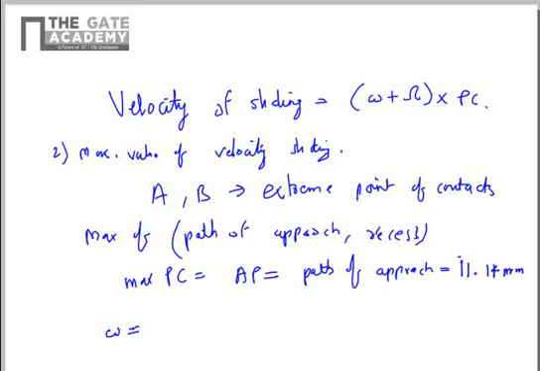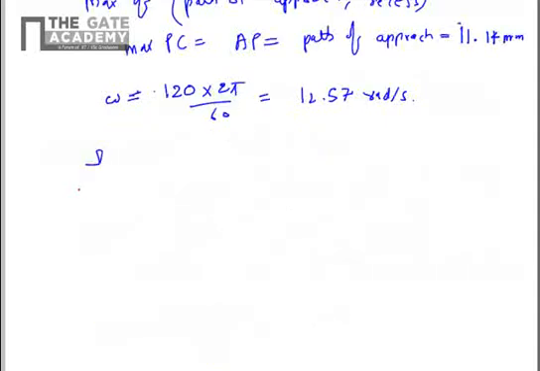And omega we have to determine. We know that the speed of the pinion is 120 RPM, so omega equals 2 pi N by 60. So omega, the angular velocity of the pinion, is around 12.57 radians per second, and the angular velocity of the wheel we can determine from the velocity ratio. Omega dash by omega is equal to small t by big T, the number of teeth on the pinion over the wheel. So small t is 23 and capital T is 33.